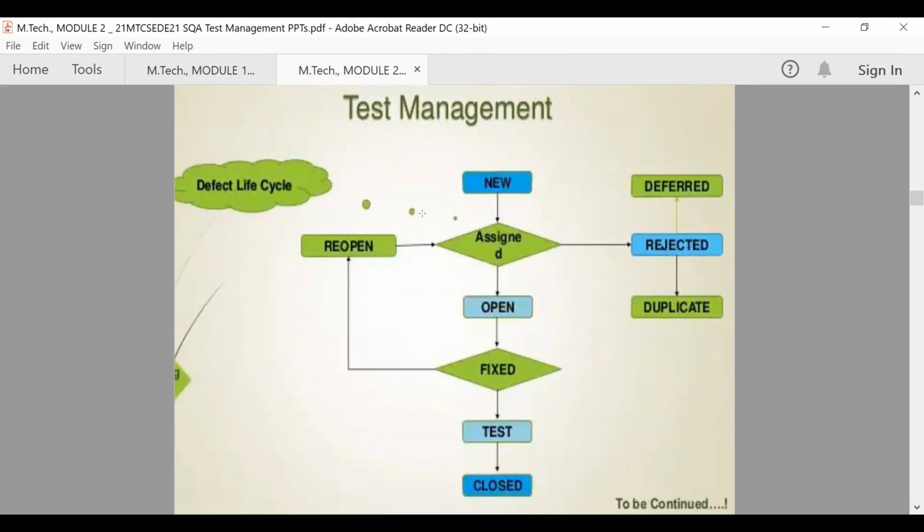The next topic is test management. We were talking about test plan, test strategy, test cases. Our topic, unit module 2, is test management. So what are the major activities or concepts we need to know about test management? You start with a new software product, and it will be assigned for software testing.